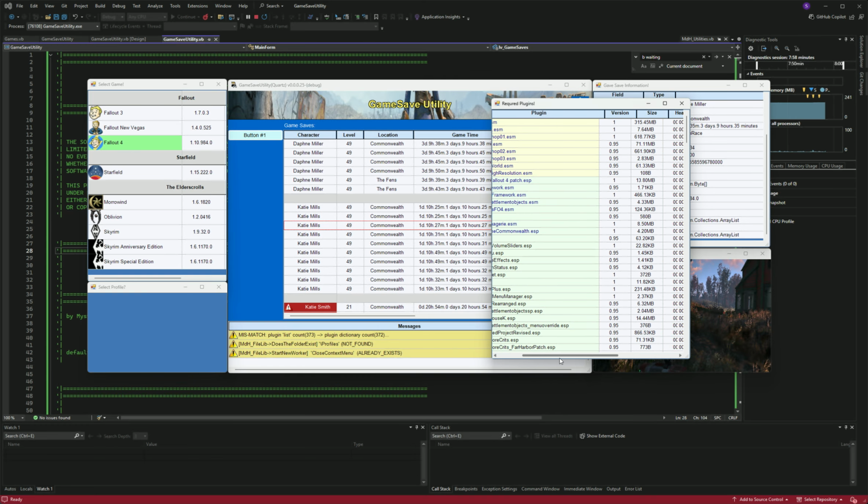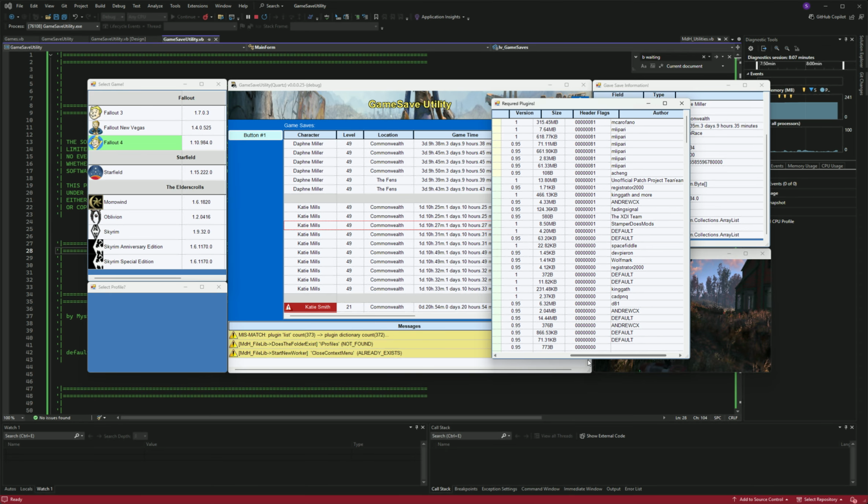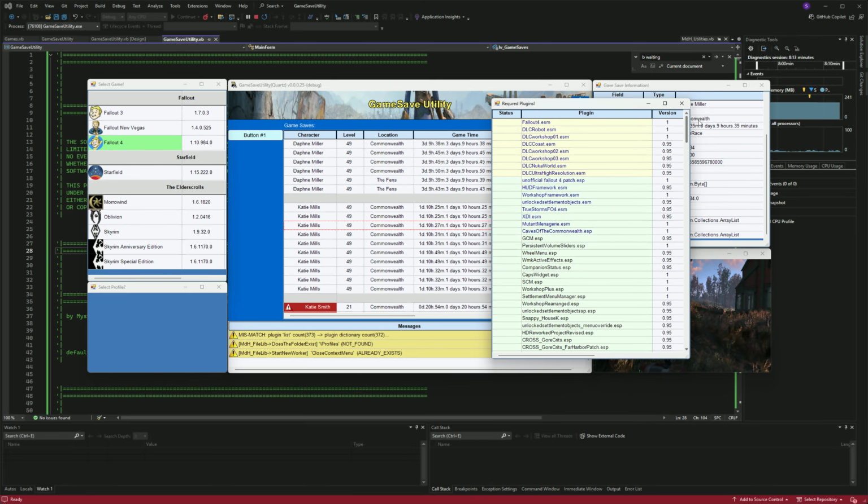And you can't really swap out views on this. I do have this swappable, but there's no code in there to swap it. So that's just primarily the view you'll see. But you can see the plugins that are required to run it. It is based on the current load order that the game opens. So whatever your current load order is,